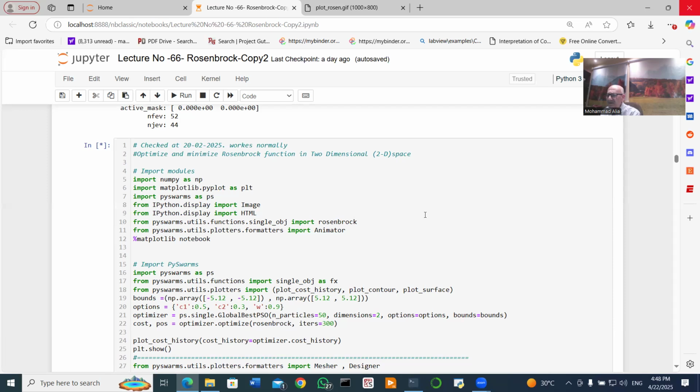For two-dimensional space, I found it is acceptable to show you directly by using pyswarms, to acquaint you with pyswarms here. And I hope in the next lecture, because I think this lecture becomes long if I work with this